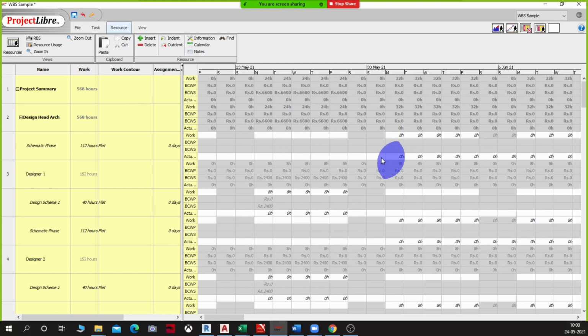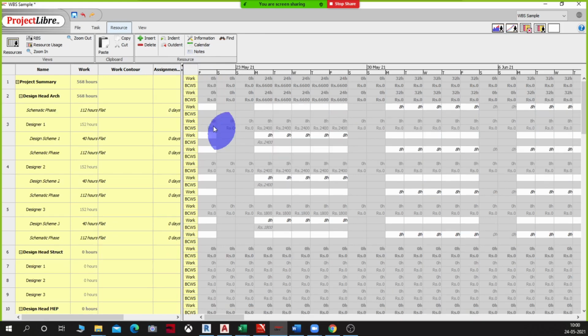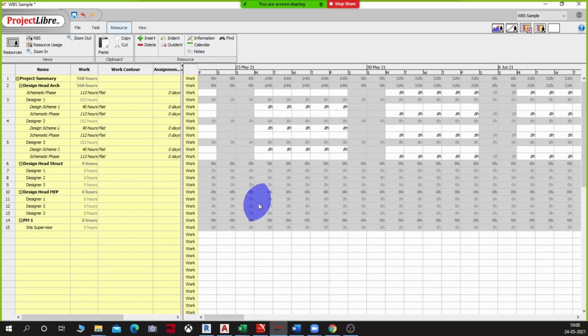Sir, can you do it once again? Yeah, just a minute. I'll remove all of them and show it one by one. When you come to the default resource usage tab, you will be able to see all the resources in your project and how many hours they have been assigned as work.